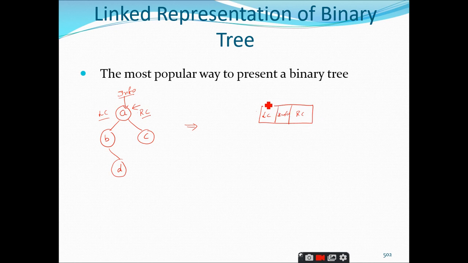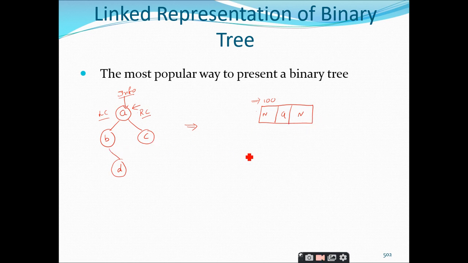And when you create a node, I know that I am going to create the node using dynamic memory allocation, using functions such as malloc and calloc, and I know that malloc and calloc are going to return the base address. So what is the base address of this one? It is 100, right? And I am going to store the information A inside this one, and as it is created as the first node, I will represent the left child address as null and the right child address as null.